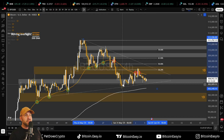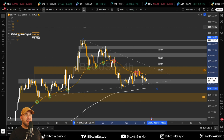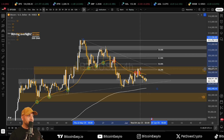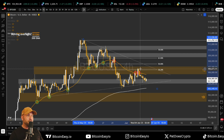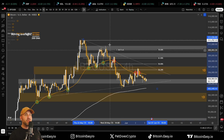Right guys, and then to the upside, of course, we want to take out the prior high here in this downtrend, where we also see the dynamic resistance line here, and that comes all in perfect alignment with the prior high here. So right around $106,700. And there we also see the 38.2 of the Fibonacci retracement from that downtrend